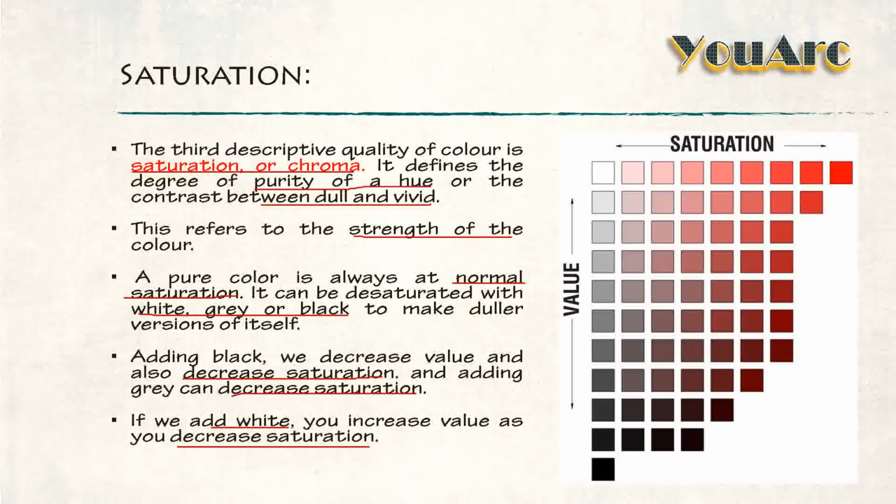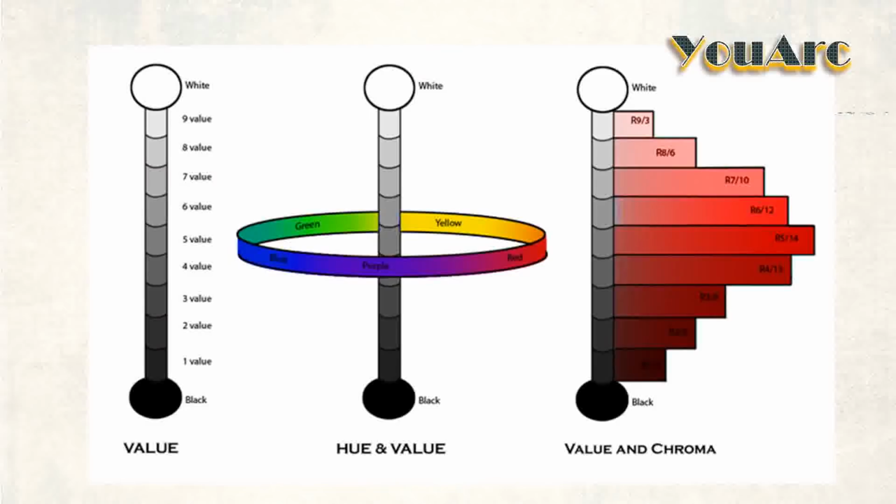Okay, let's understand these particular terms in detail. Here we can see value. As we already saw, value for black is 0, and it starts going up till white when it becomes 10. So this vertical scale is called the value. Then we are introducing value and hue. Hue means color. So this is color, and it is introduced with value.